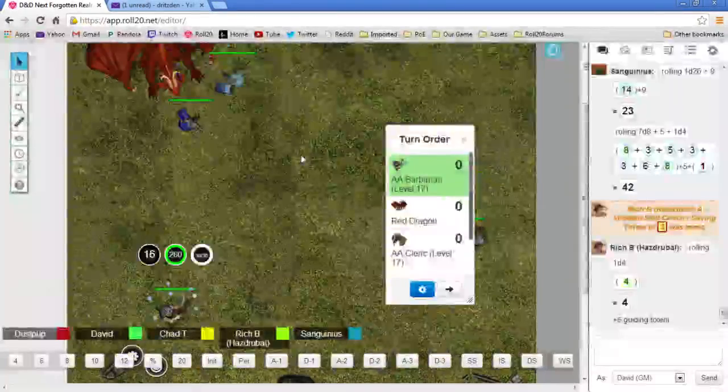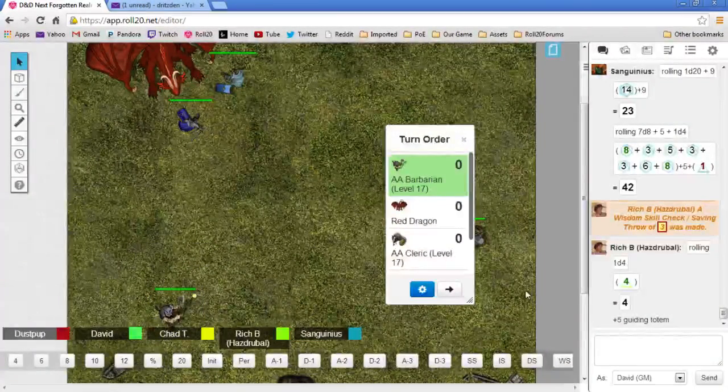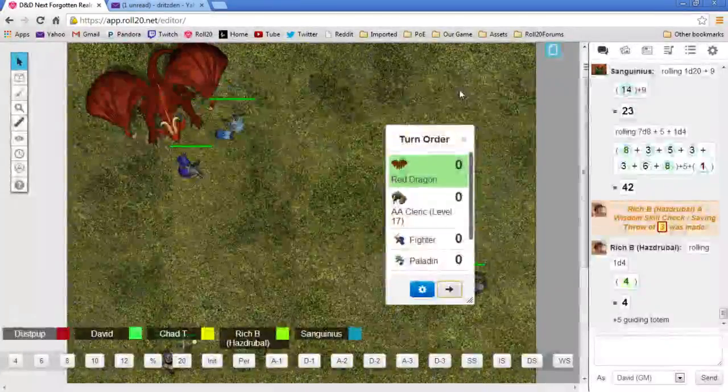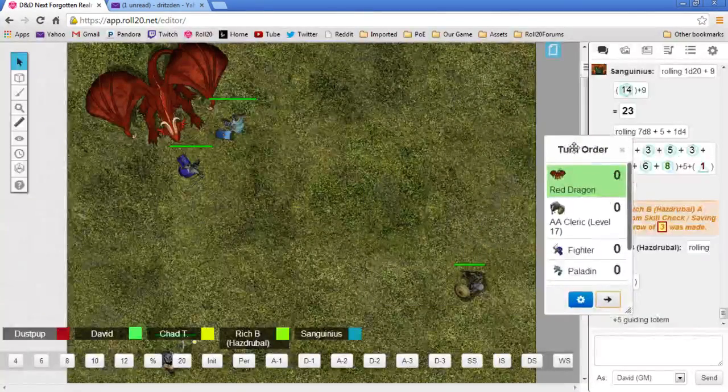All right. And so it's now the... embarrassing, failing with that +5 from my guiding totem too. Oh man. All right, so now the red dragon is going to attack. The red dragon has a